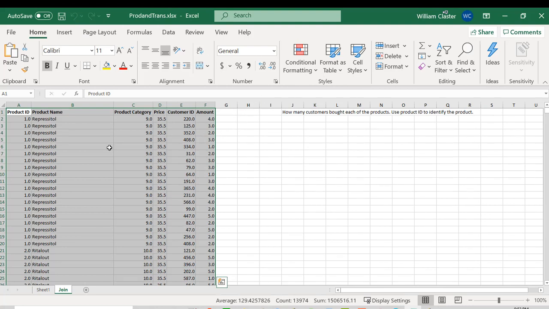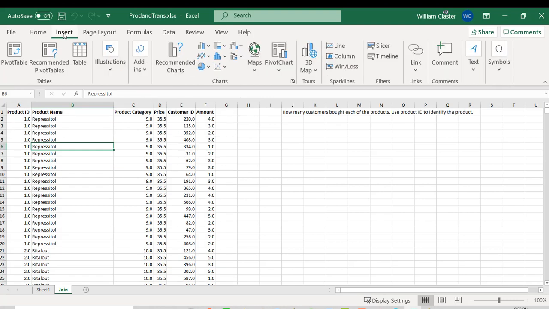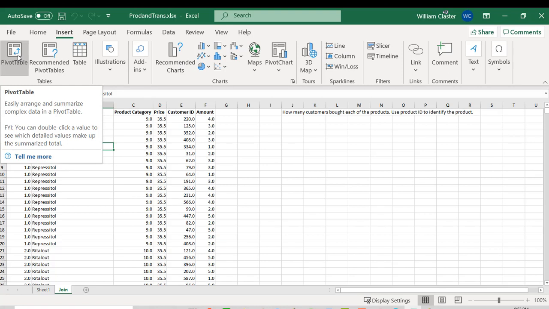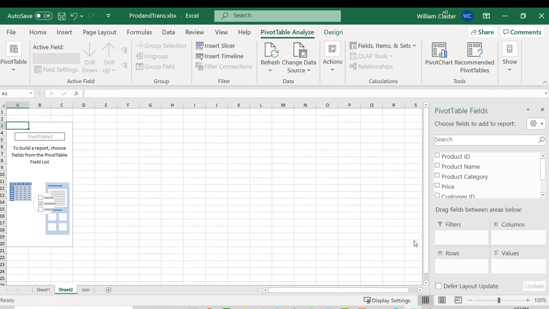Okay, so there's another way to do this. Just click in the set of data, and you use a pivot table. So you do insert and pivot table. And you get this, and I want to do it on a new worksheet. So I get this. And now the table that I want to build is